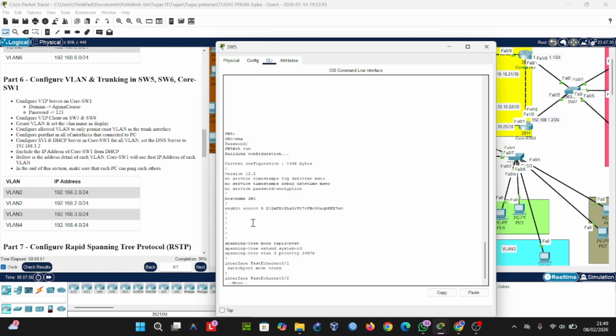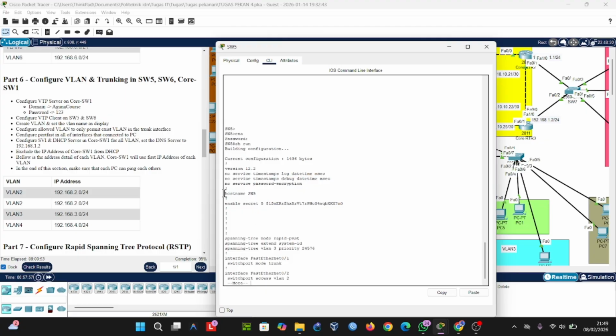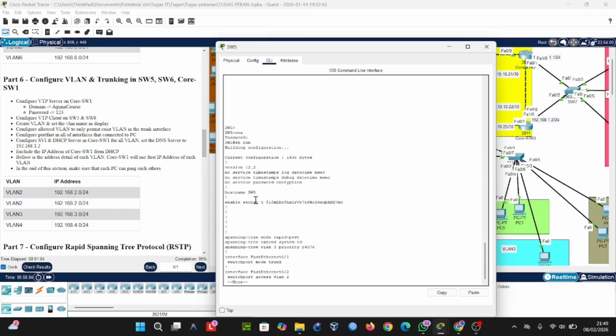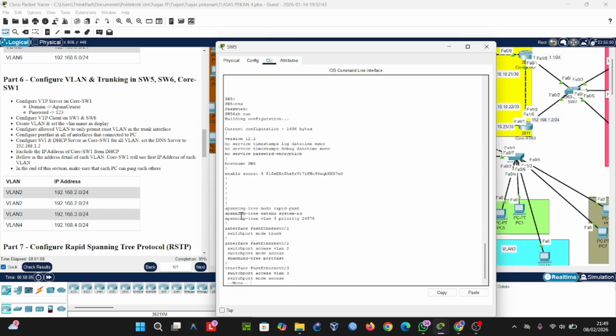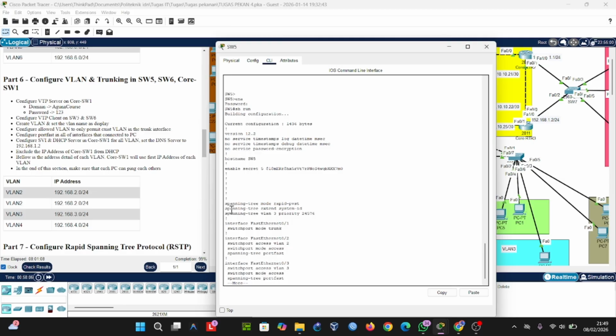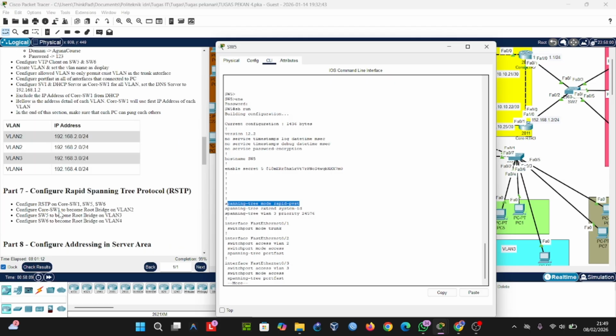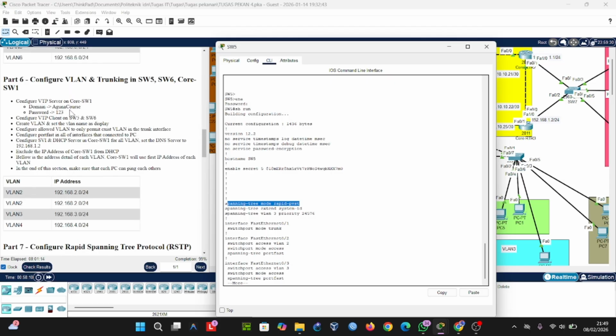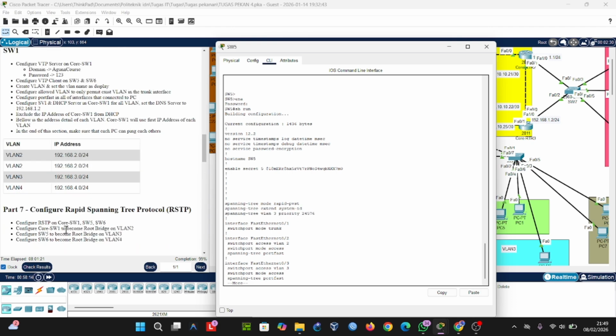Okay, this is the configuration in Switch 5: hostname, then enable secret for the password, and then STP mode rapid-PVST. This is the configuration in part 7.